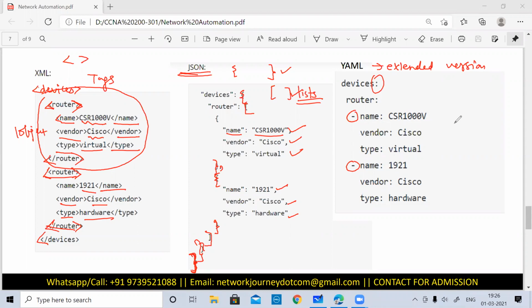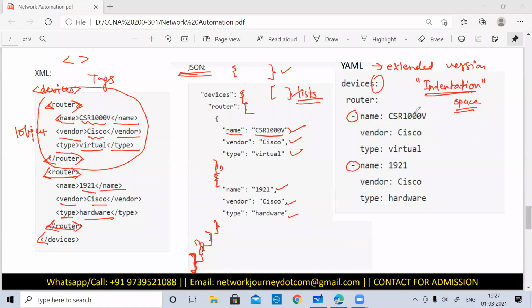Only important thing what you got to take care is the indentation. Indentation, guys, is a very important thing in this when you want to program it. It's not that you have to give a tab, it is an actual space which you need to take care of when you are trying to write in YAML. Okay, so very simple to understand. The format is very simple when you're making use of YAML. Okay, the only thing where you will face a problem is going to be the indentation.